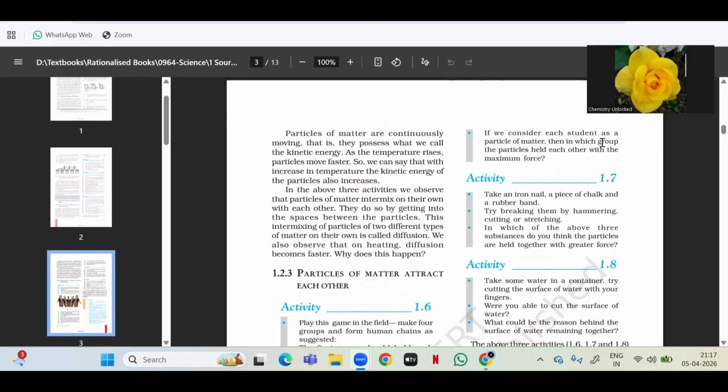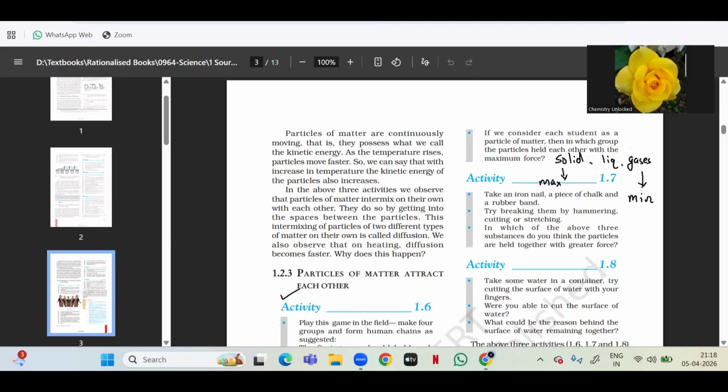Right. So if we consider each student as a particle of matter, then which group of particles held each other with the maximum force? The ones locking arms were representing the particles of solid. The ones holding hands were representing liquid. And the ones touching each other with fingertips were representing the particles of gases. So who can be easily broken? Gases. So who has minimum force? Gases have minimum force of attraction and solids have maximum force of attraction. So this is what is being proved in this particular